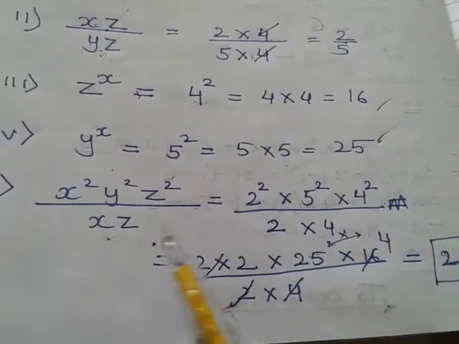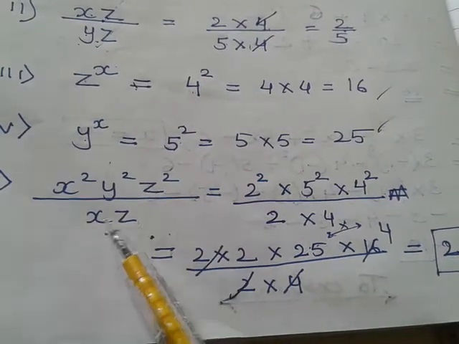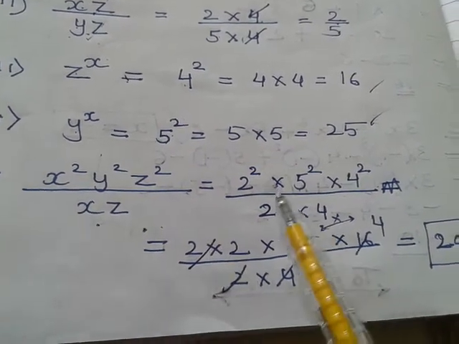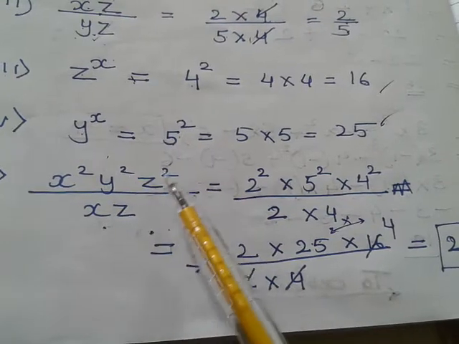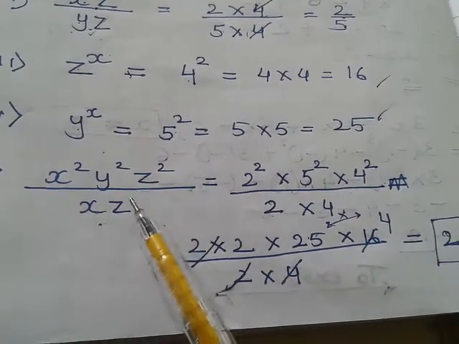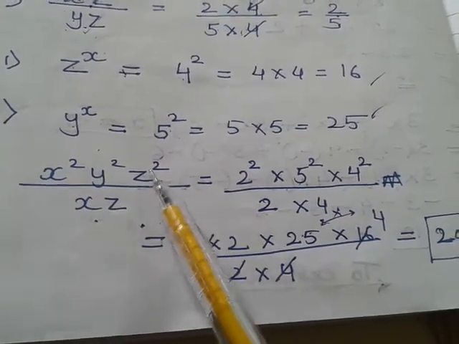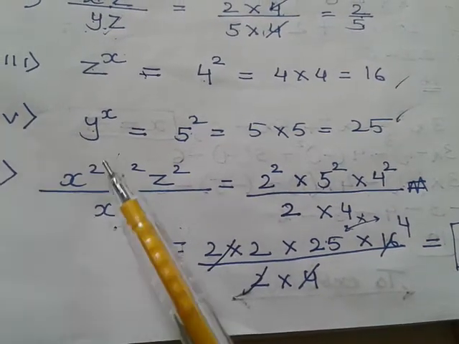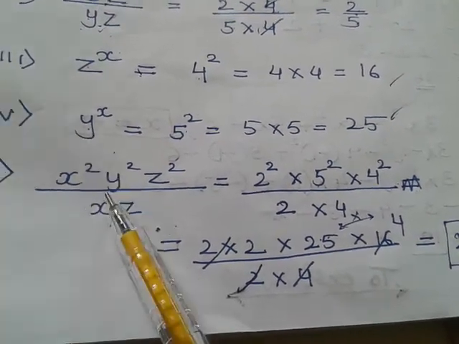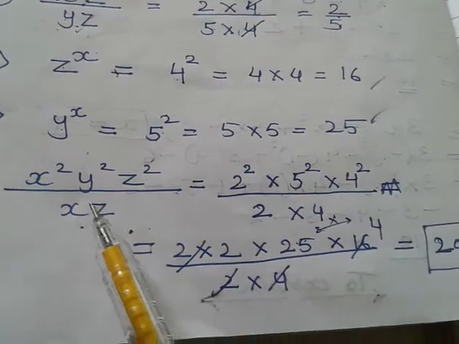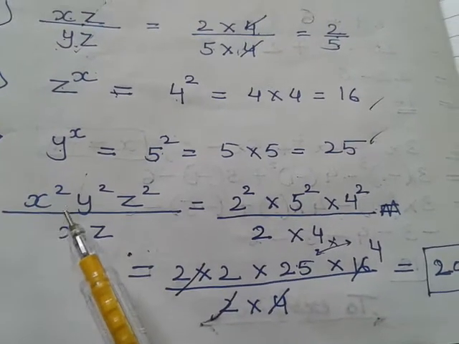Fifth one, if you'll see, x square, y square, z square, x, z. So what I have done is I've just substituted the value. Otherwise you can cancel 1z with 1. 2 z's are there, 1 z can cancel with this. And 1x can cancel with this directly here in the first step. But let's not go for confusion because it is a little big question.